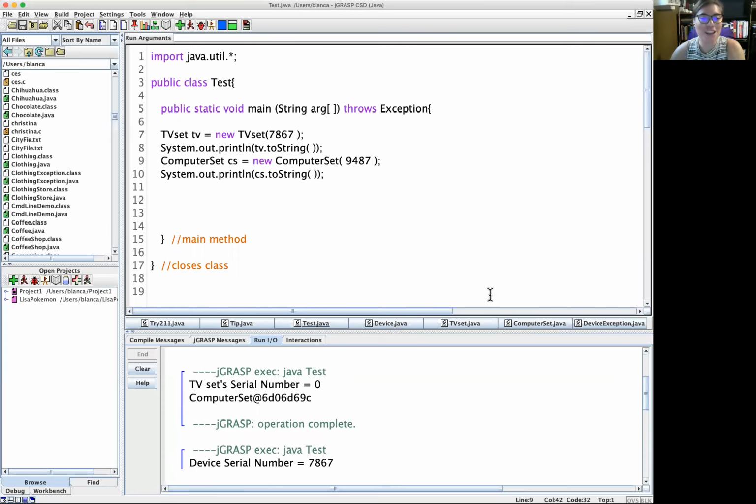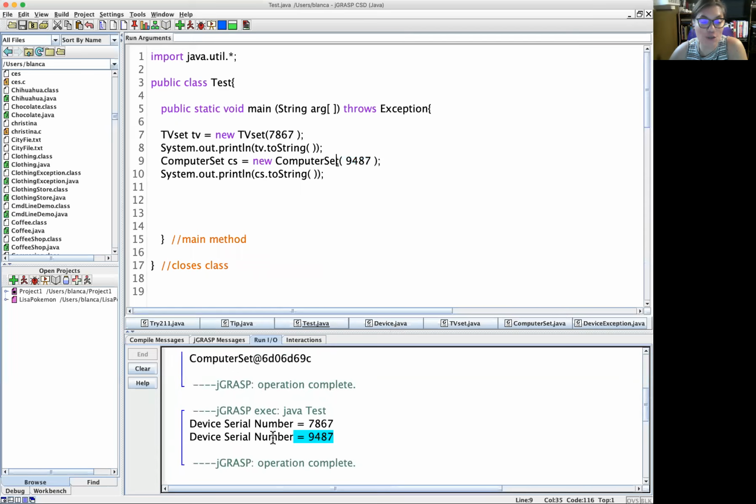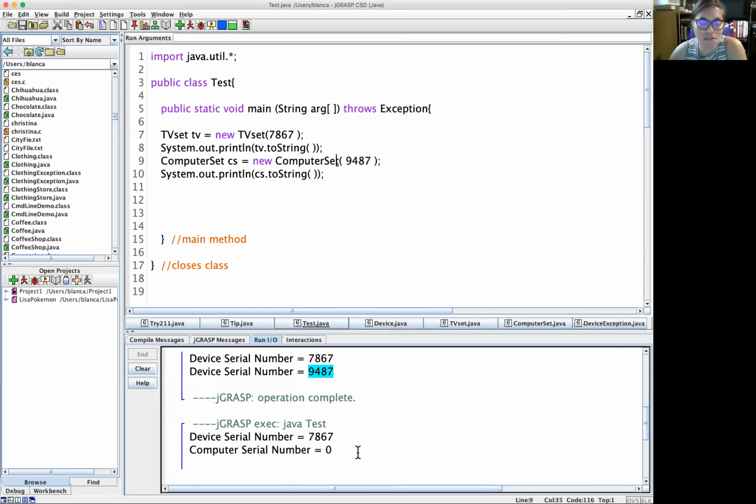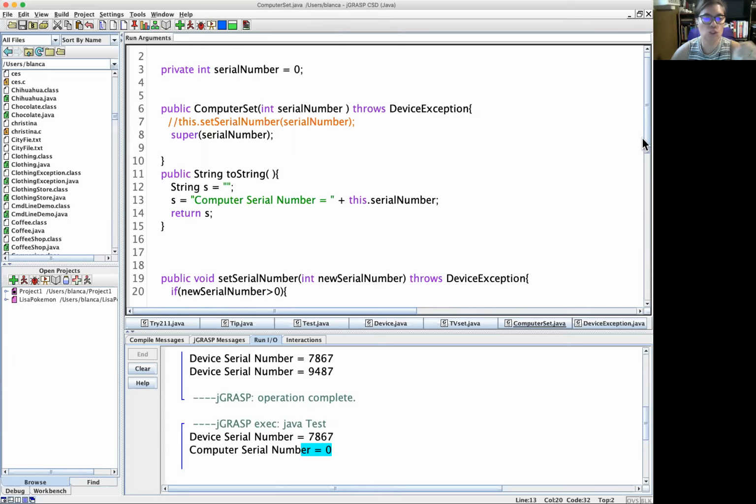Oh, I know why. But I want you to tell me. In here, I created my computer set with a number, right? And as you saw, when both of them were using the same method, I got the number correct. But now, I'm not. Computer serial number is supposed to get my serial number,